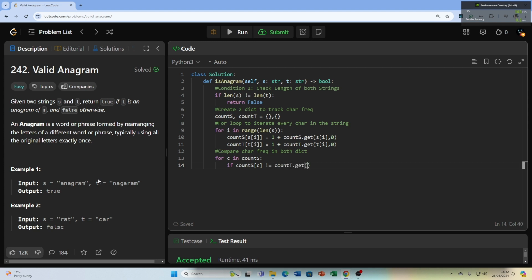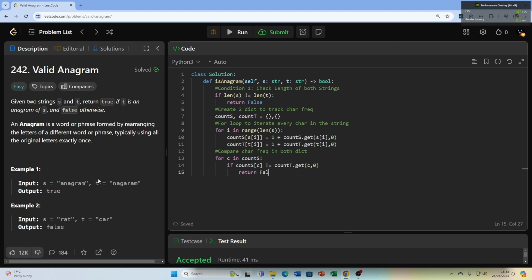We'll use dot get here for count t just in case count t doesn't have the same key as count s, because we're just checking count s at the moment. So we do c, then we initialize as 0,